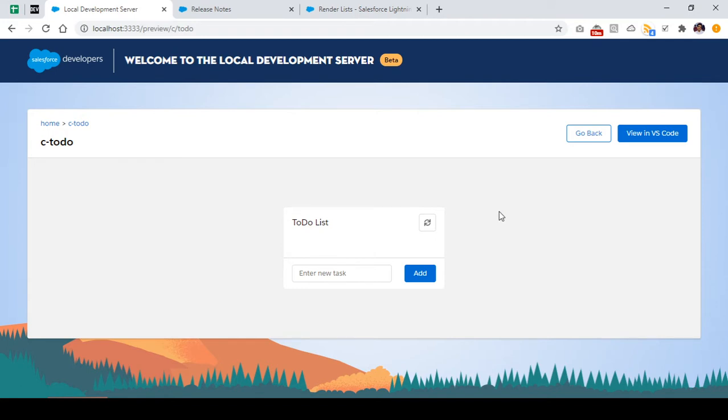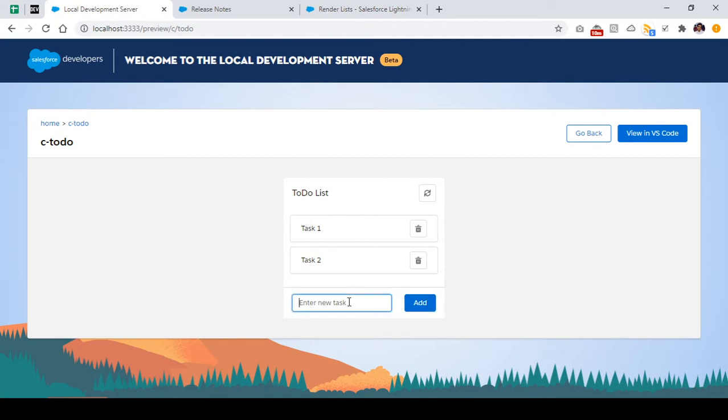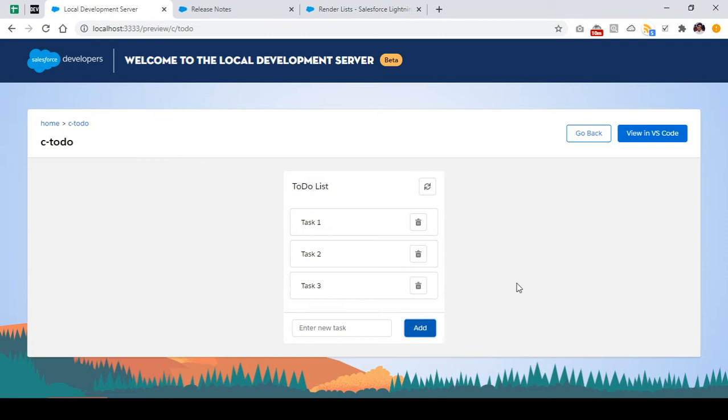So in this tutorial, we are going to perform the delete operation on our to-do list. In the last tutorial, we created a to-do list, we bound our JavaScript to our HTML, and we are able to add one or more tasks to our to-do list by using the add button, right? In this tutorial, we are going to perform some functionality by clicking on this delete button, and we'll see a number of methods by which we can delete the element from our array in the JavaScript, right?